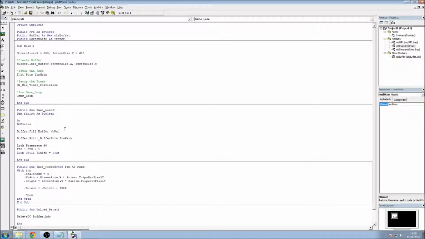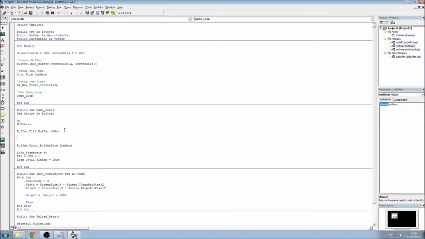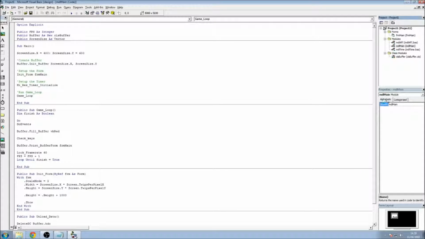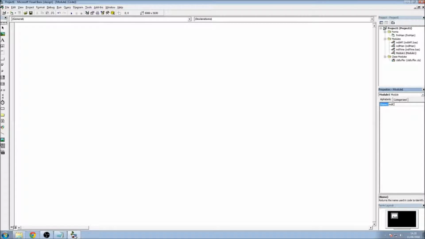So we need to add in a check keys module. So we just say, well, sub really. So we just say check keys. Right, now let's go create it. So add in a new module. Let's go to new, module, check keys. And then the public